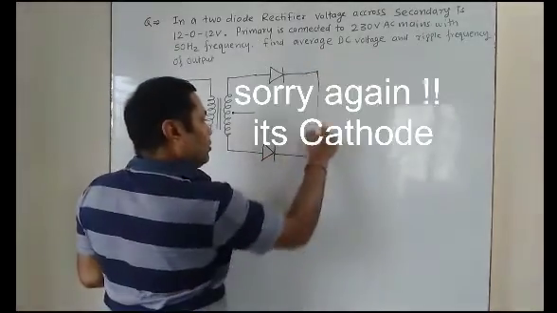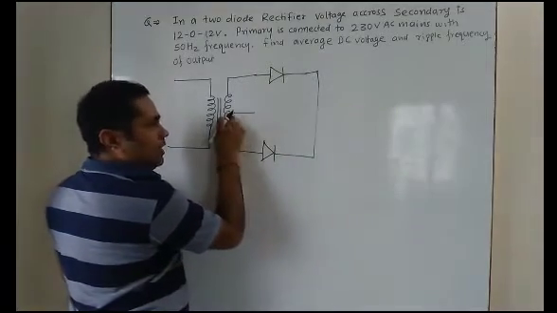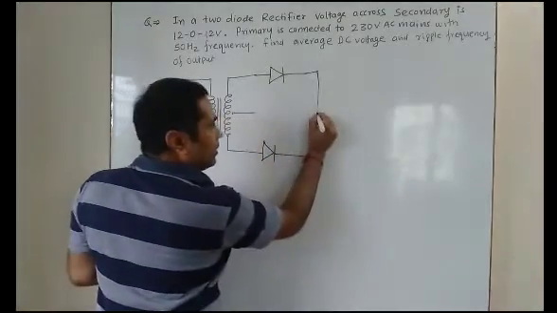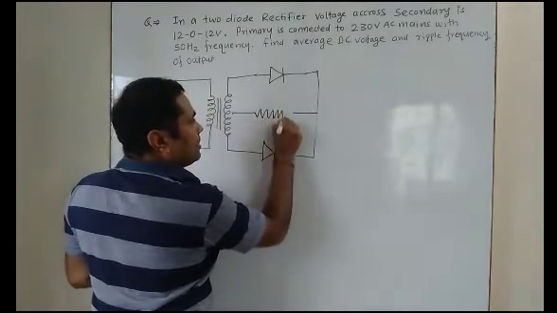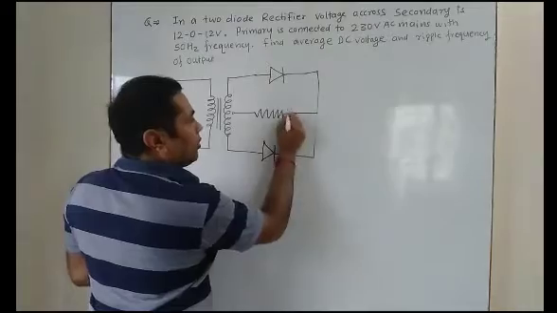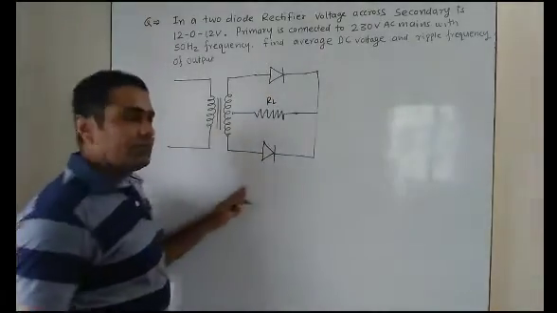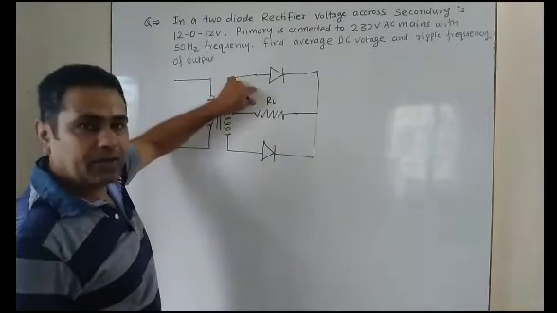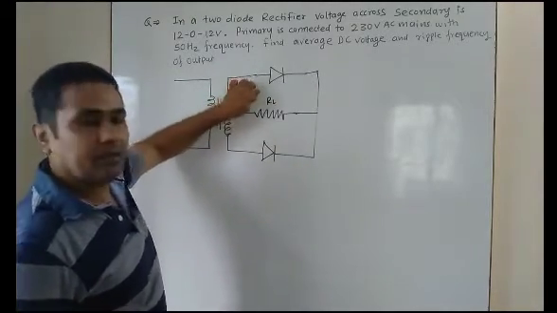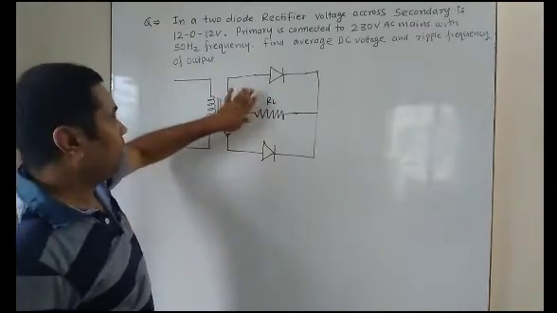In the upper part, one half-wave rectifier is connected, and at the lower secondary another rectifier is connected, and their anodes are taken common. With the center tap terminal and the common terminal of the anodes, the load resistance is connected. That means the output is obtained across these two terminals. So this is the two half wave rectifiers, combined here to construct the full wave rectifier using a center tap transformer.